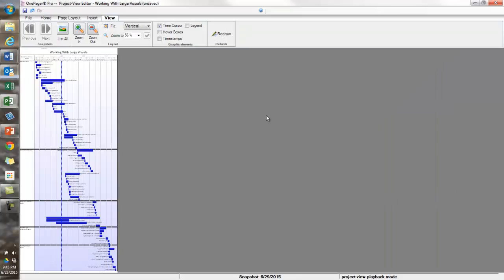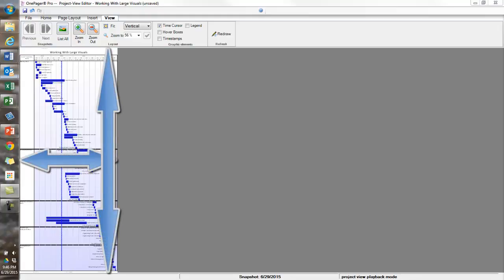Let's start by creating a OnePager project view that has about 100 activities and milestones on it. My initial result will likely look like this. And to discuss why, let's first talk about space, since that's going to be our main challenge with any large view. Your OnePager document is digital, but it has specific dimensions, and so do all of the elements displayed in